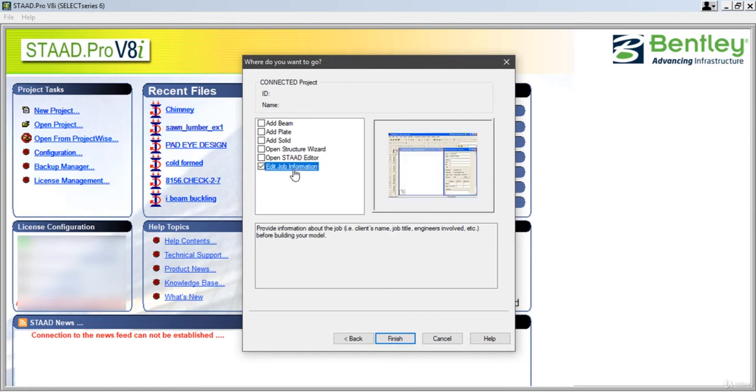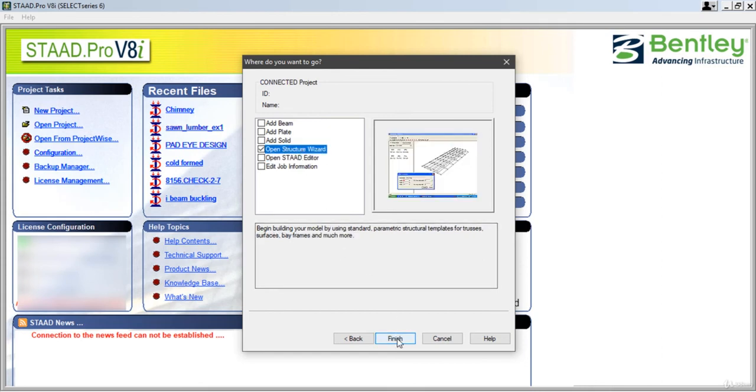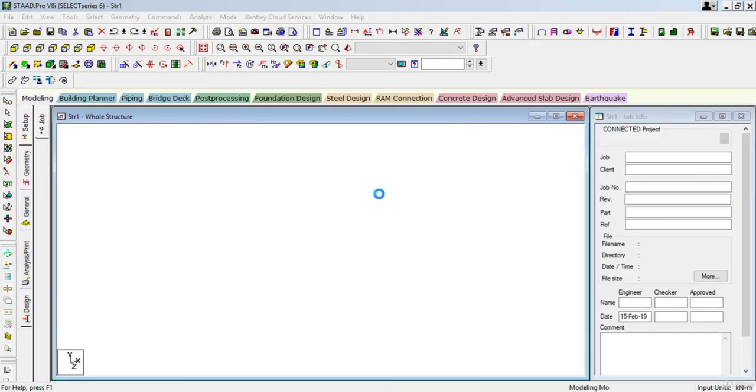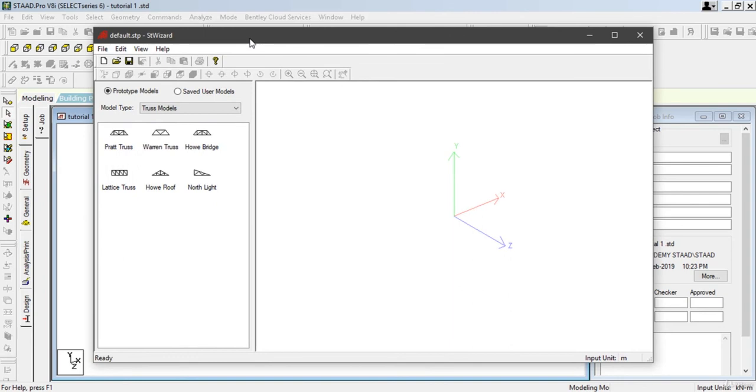And after that, you can left click on edit job information. So I will advise you to first of all go ahead with the open stat editor option only, or we can go ahead with open structure wizard also. To make things simplified, we can go ahead with open structure wizard. Left click on finish. So here, as I was discussing earlier, some ready-made structures are available.